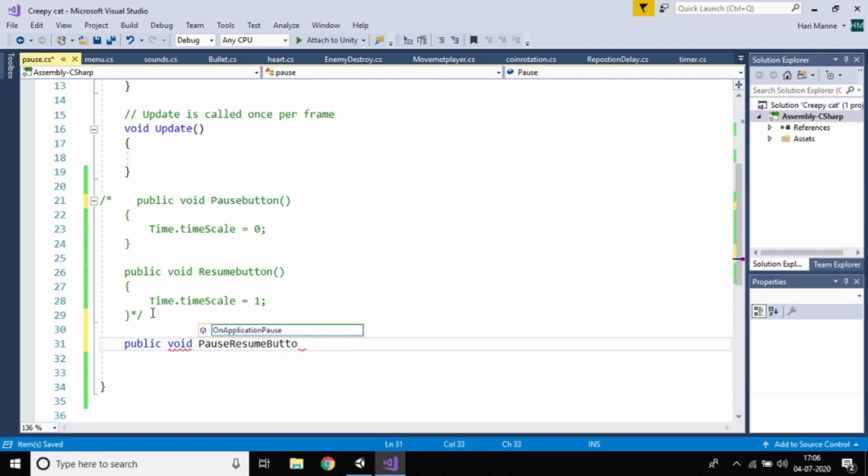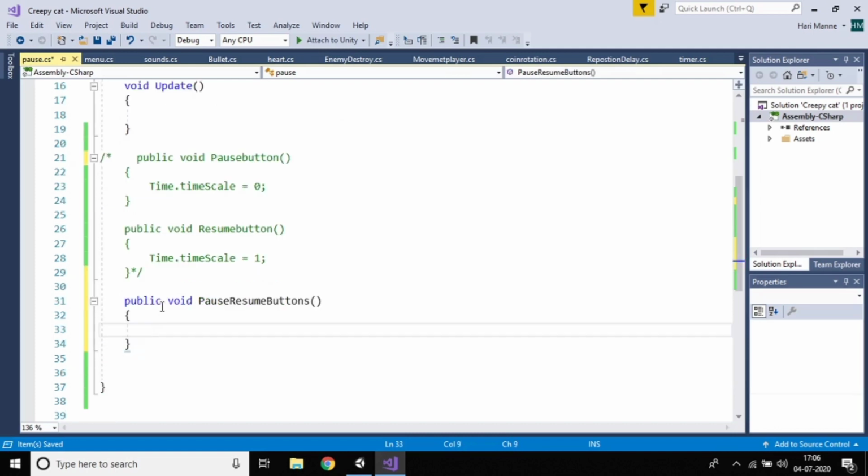And in this we want to pass one bool parameter. Just make it bool is pause. So I'm passing one parameter which is bool. We all know about bool, it's true or false.